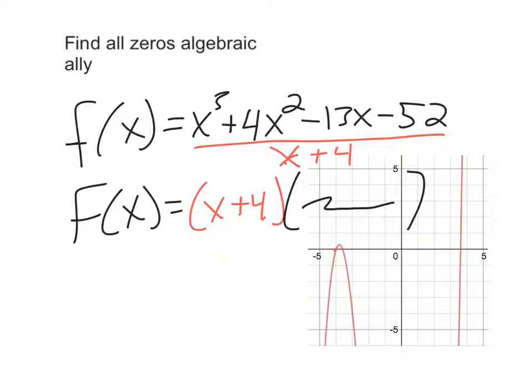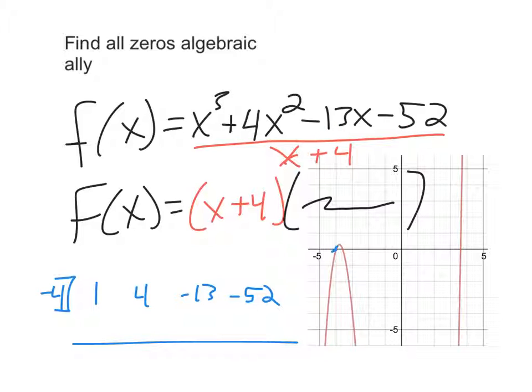Synthetic division works by putting the root in. It's supposed to be -4. Again, synthetic division always works by plugging in the thing that's going to make it be 0 in brackets. The coefficients of the original function go here. If you're not too familiar with synthetic division, I'm getting these numbers from these right here: 1, 4, -13, -52. And the way synthetic division works is you always carry down that first number,